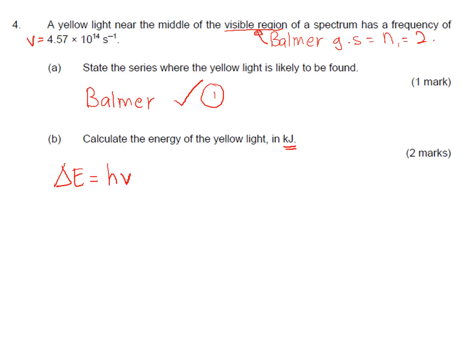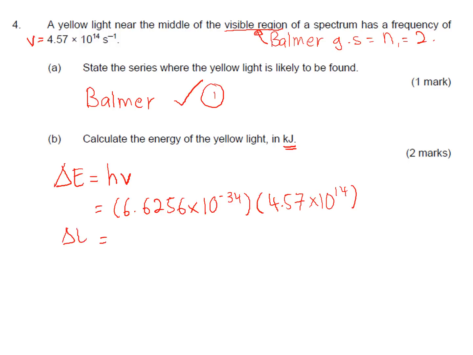Planck constant is given in the yellow page: 6.6256 exponent negative 34, times the frequency 4.57 exponent 14. So you will get this answer in joule first,